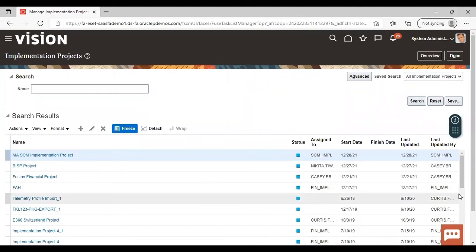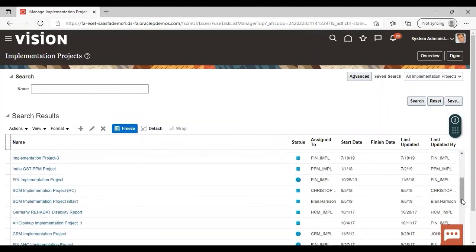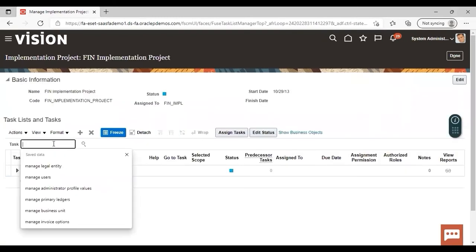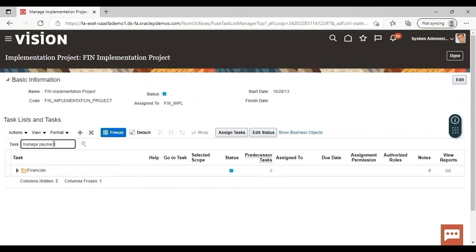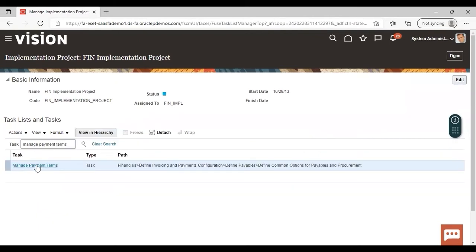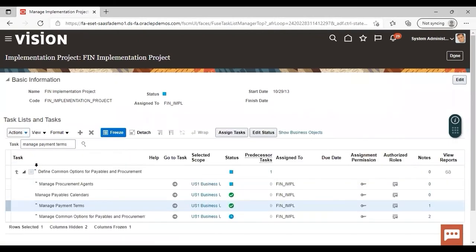Now here, search and select the project in which you are working. Now here in the task bar, search for the task Manage Payment Terms. Click on this, Manage Payment Terms, go to task.